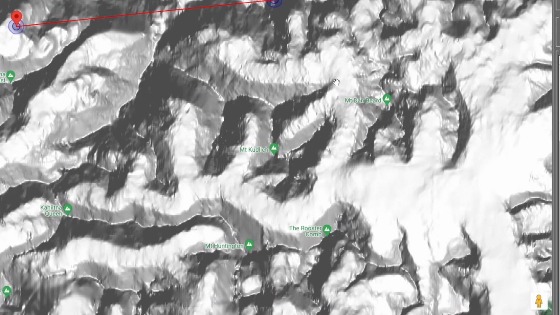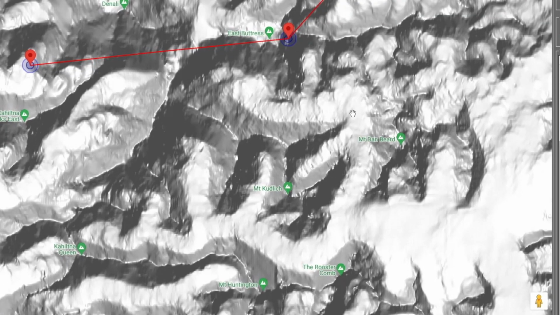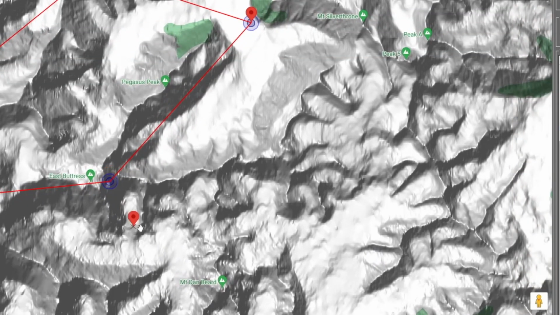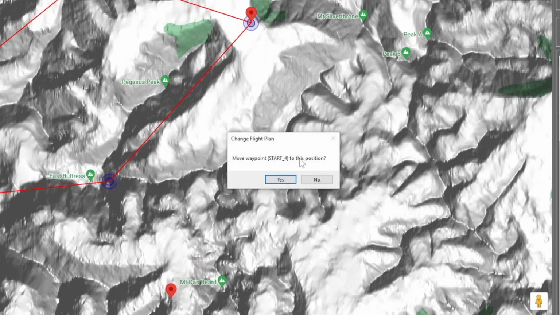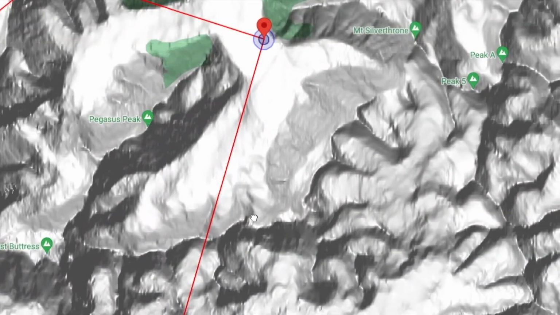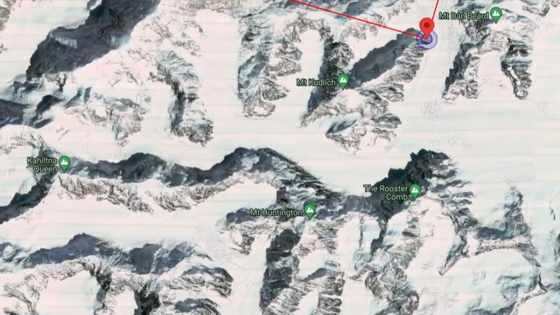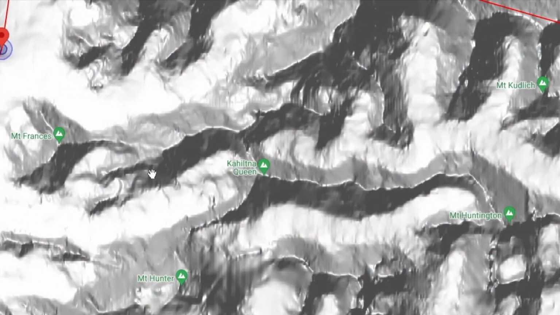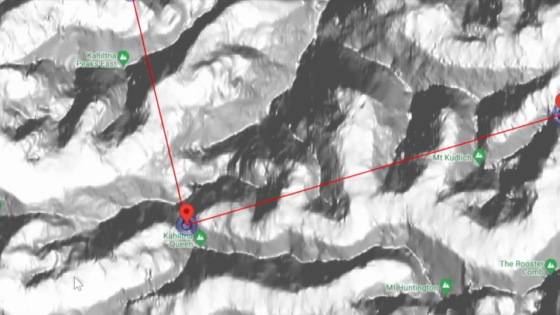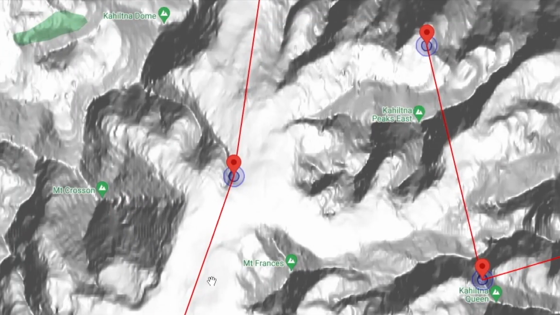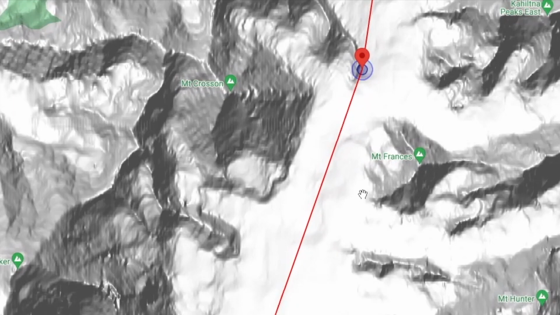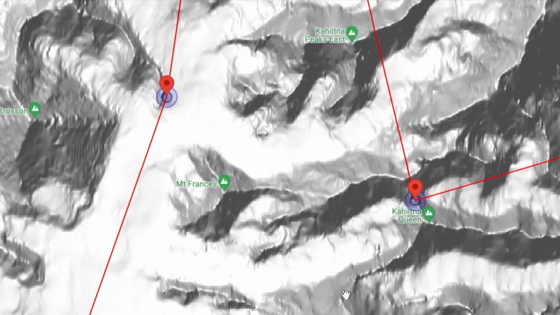Let's see. Let's go down this way. So let's actually, instead of East Buttress, let's make you fly down here. So you'll have to crest this ridge and then dive, and then we'll force you down in what I assume is a glacier over this little ridge, and then around Mount Francis. Or we're going to let you go over Mount Francis. We'll see. But we'll just drop our finish point right here, and then we'll figure out whether we want to